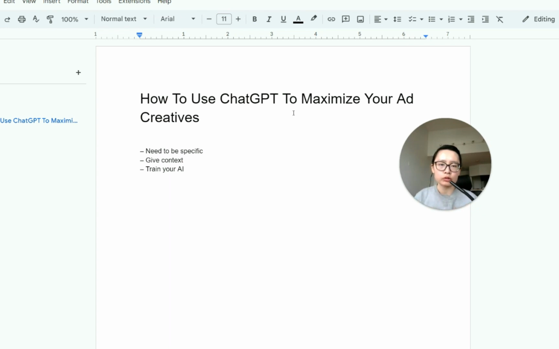So without further ado, let's jump into ChatGPT right now, and I'm going to show you some comparisons: if you write a very simple, generic, high-level prompt, what type of output ChatGPT will give you, versus if you go through this step-by-step, multi-step process where you have a conversation with AI, what type of output you will be getting at the end.